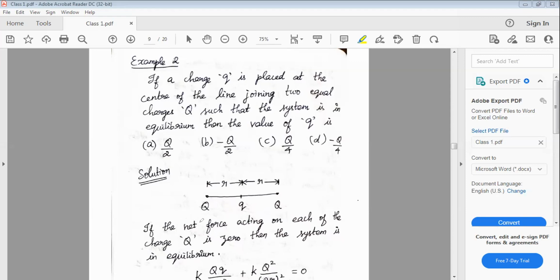Whenever you find the words the system is in equilibrium, you need to understand that the net force on each charge is 0. Then only the system will be in equilibrium. So here let me take for example this charge capital Q. The force on this capital Q due to the small q, and moreover the force on this capital Q, once again,